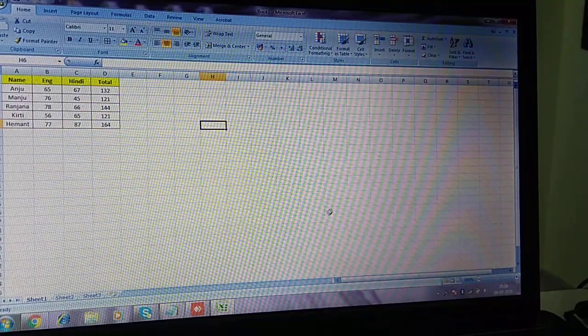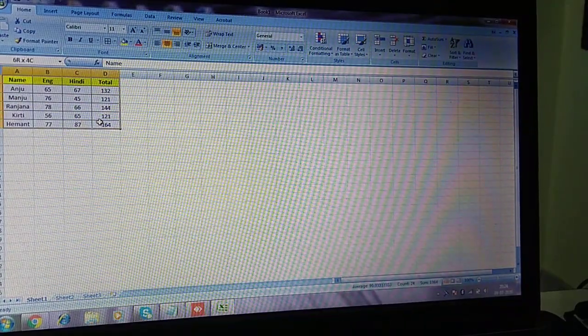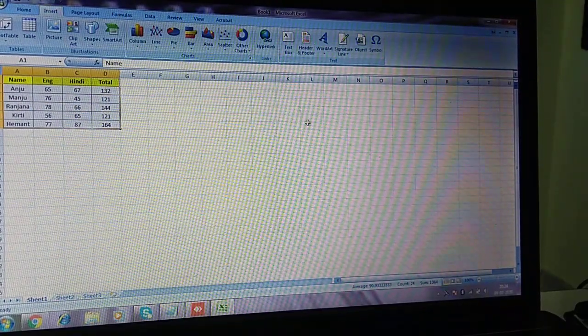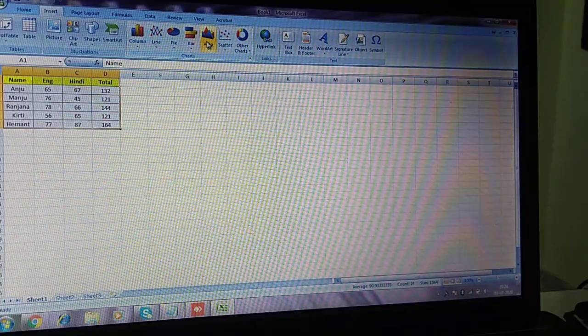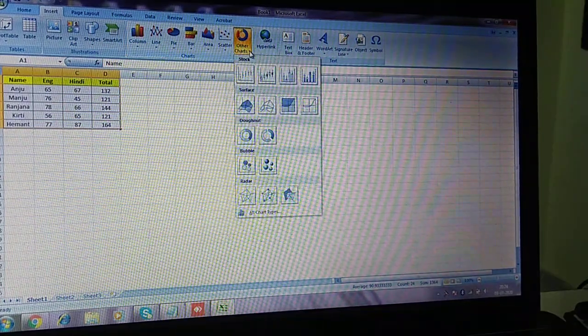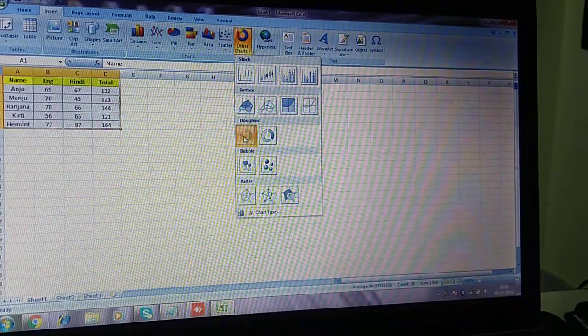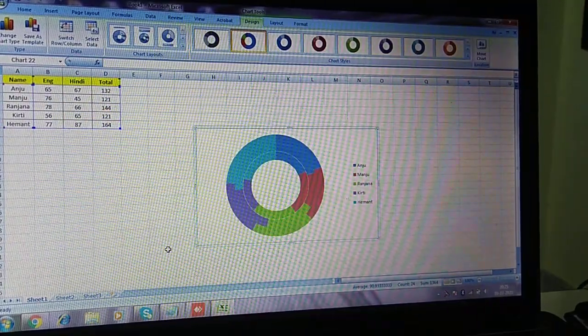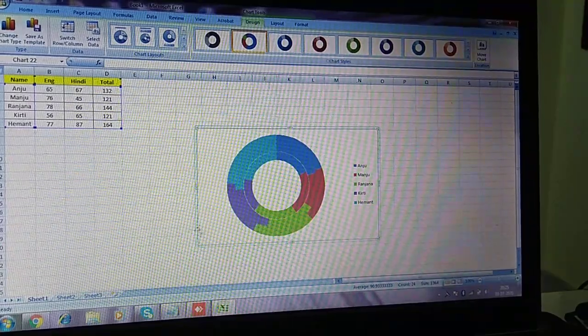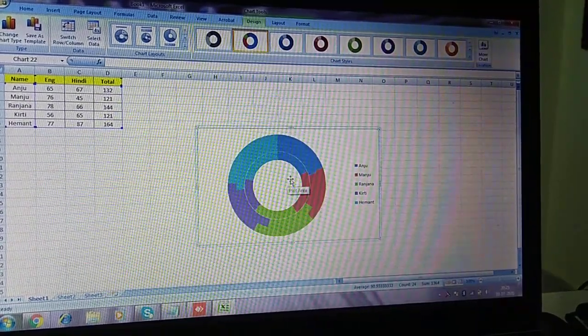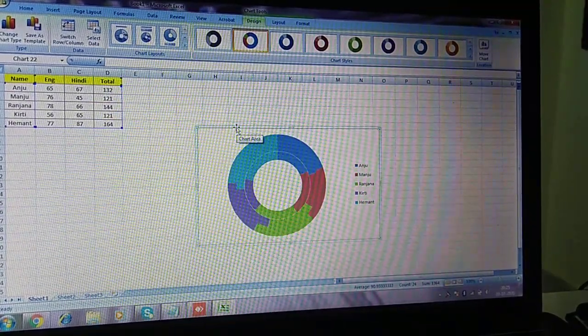Now next is donut chart. Select the table, go in insert tab. Donut chart is not there, so we have to go in other charts and we will select this donut chart. So this is the donut chart. Okay, 3 or 4 rings are there in this donut chart. Fine.